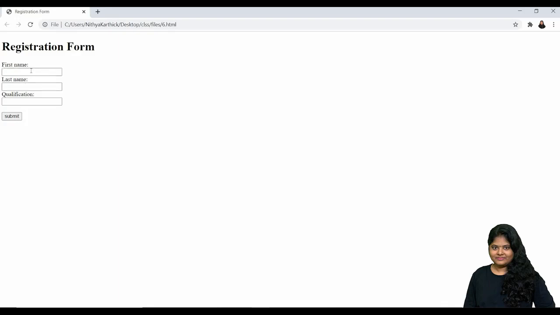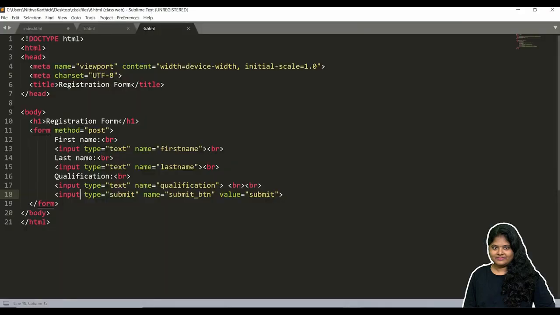we have titles like first name, last name, qualification, but we don't know how to enter this. For example, if you are searching in Google, you can see a hint in the search box like that. So for that, I am giving placeholder.